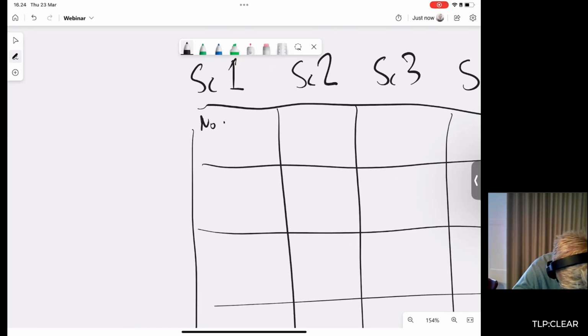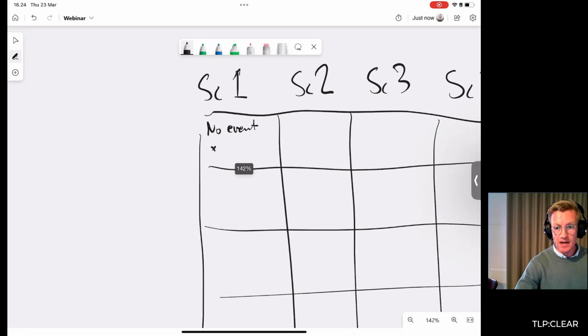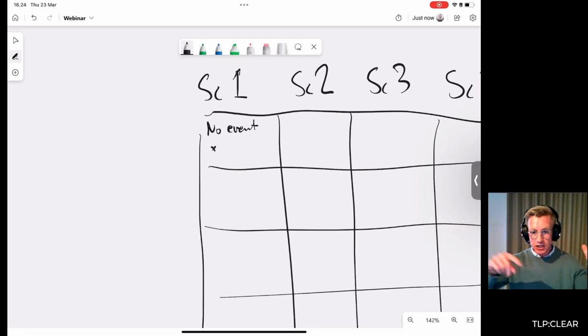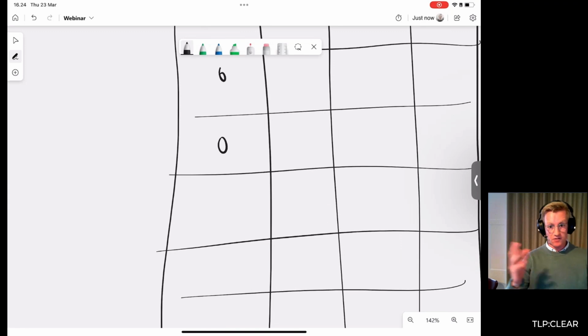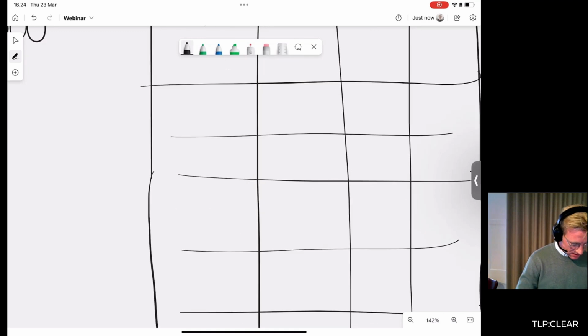Let's see. No event times, and let's say my number that I got from my range by my translation graph was 15,000. Well, no event times 15,000 produces 0. All right, and imagining that happening all the way down here because it had a very 5%, so it's only going to produce an event 5% of the time. But imagining down here at trial number 25, we actually have one event, a 1 times, and this time it was 125,000.